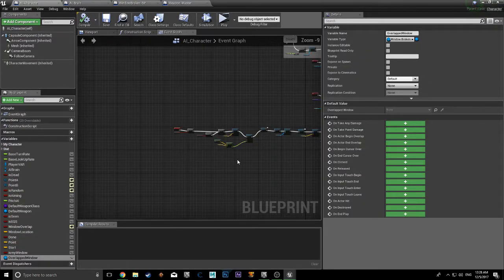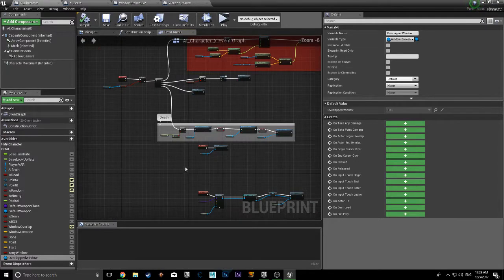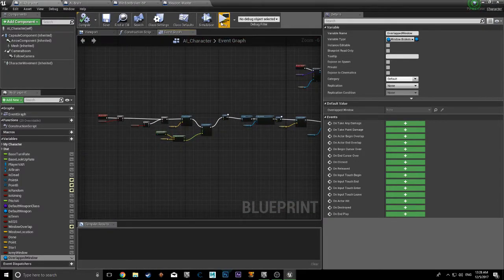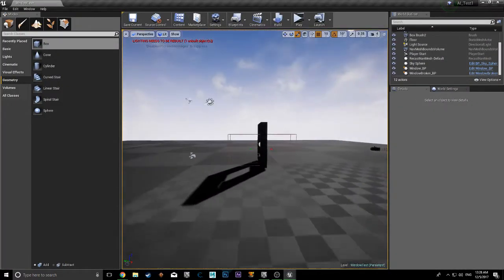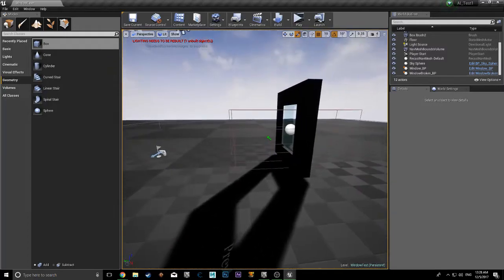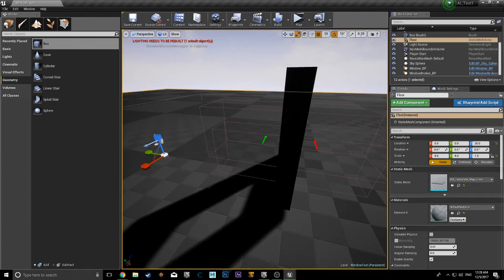And let me make sure. And I'm pretty sure that's it. So if we go into the level here, take a look at how I got this set up. So this is our